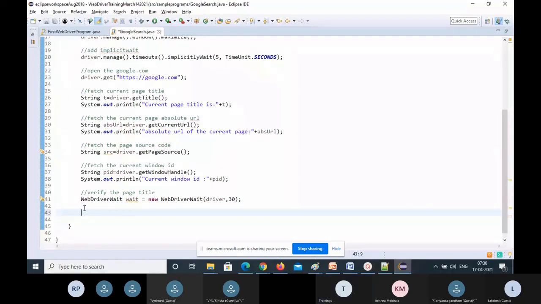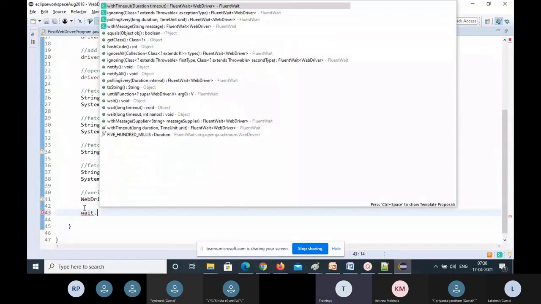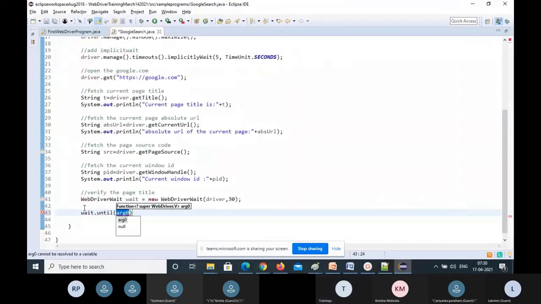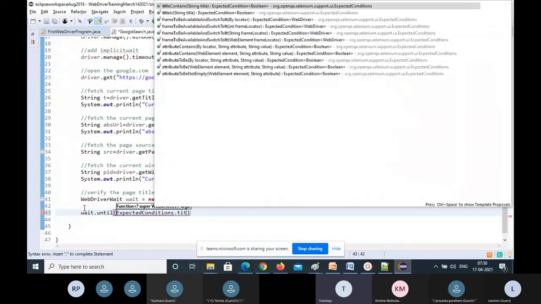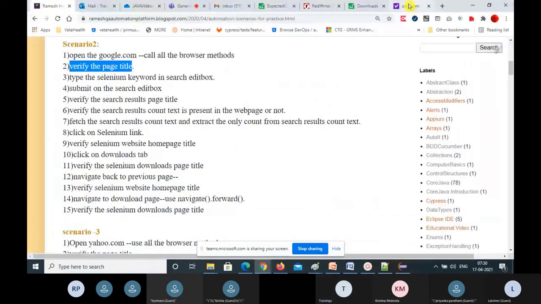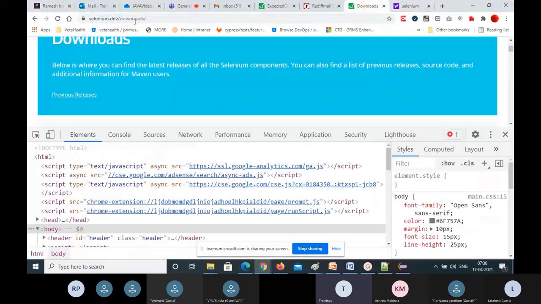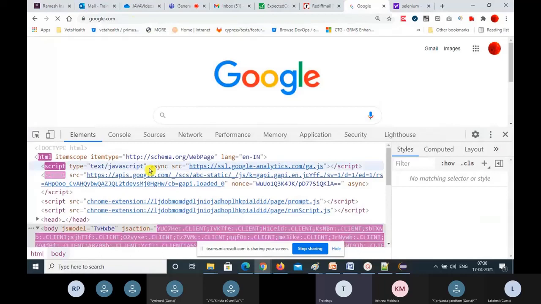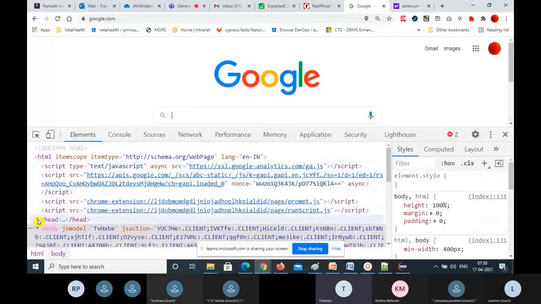Now, wait dot until ExpectedConditions dot titleIs, and I'm going to give the page title of Google. How can you take the page title of Google? After the page opens, open the HTML source code.